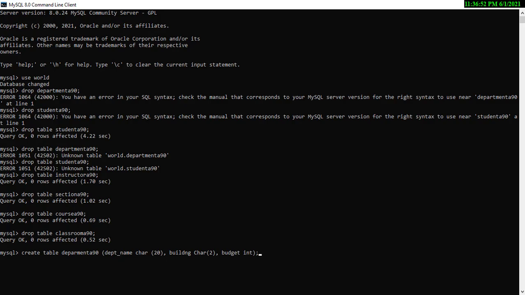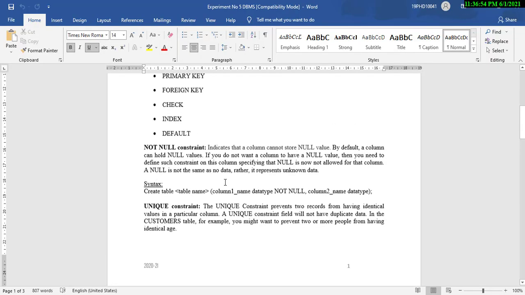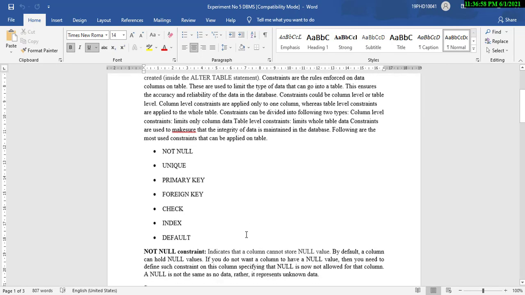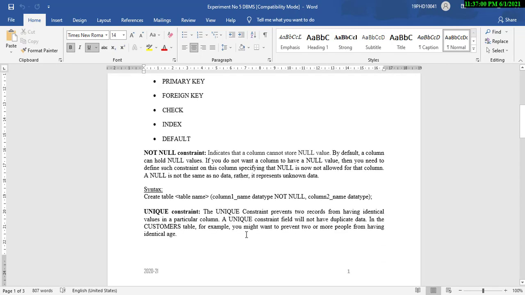So what are the various constraints? Let us see the first constraint, the not null constraint. Just for your understanding, I am applying the constraints without bothering about the creation of the actual database or converting the ER model into the actual database.